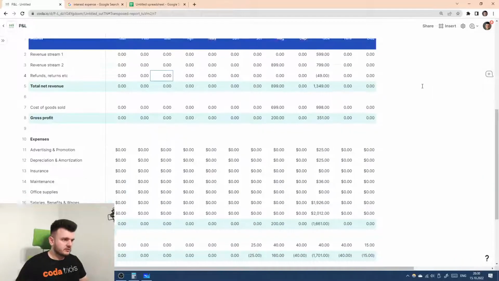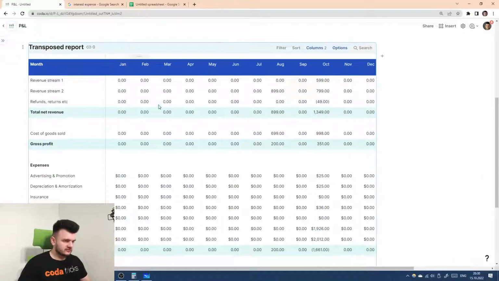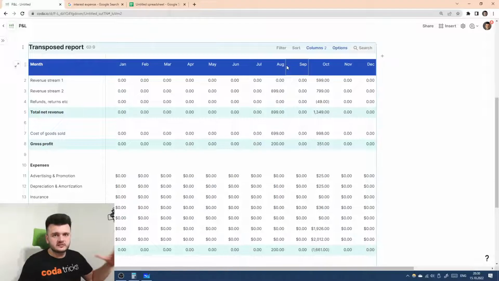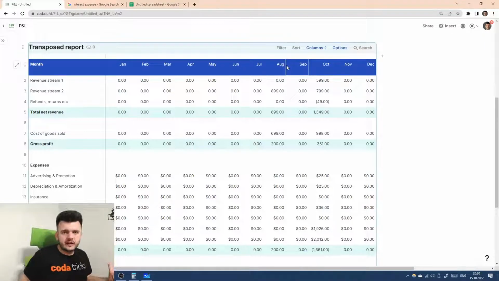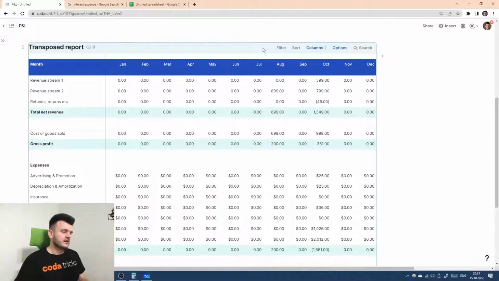And the best part about this transpose report is that since these are not groups, these are proper columns. And we use a table for what it shouldn't be. It's not a model table. It's not meant for a model. It's just something that we use to visualize the data that we have elsewhere in the system. And we didn't have to risk the data model. It still exists there in a nice way that can be calculated and aggregated. So the model is separate. But we used another table to make ourselves a nice report for